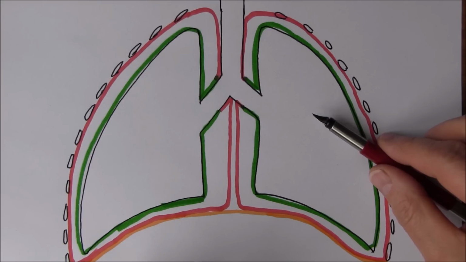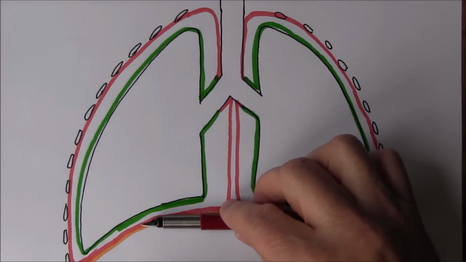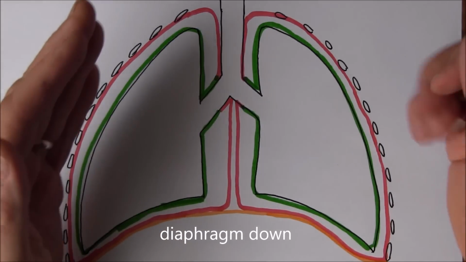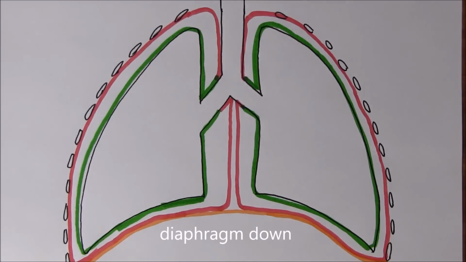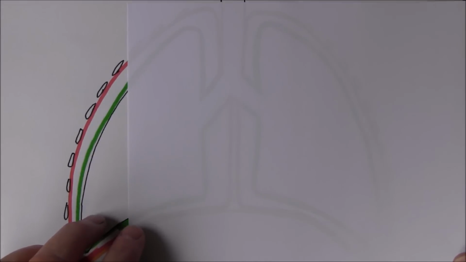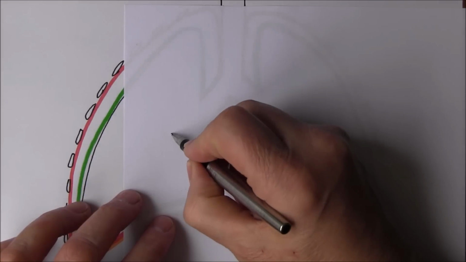Now, to breathe in, of course, we need the diaphragm to go down. The diaphragm will go down and flatten, and the intercostal muscles will pull the ribs up and out. So those things will both increase the volume of the thoracic cavity. And when you increase the volume, you decrease the pressure. And the reason for this is Boyle's law. And Boyle's law says this: